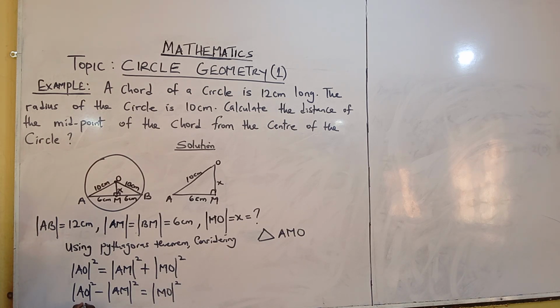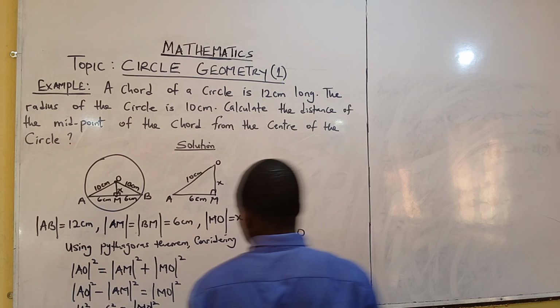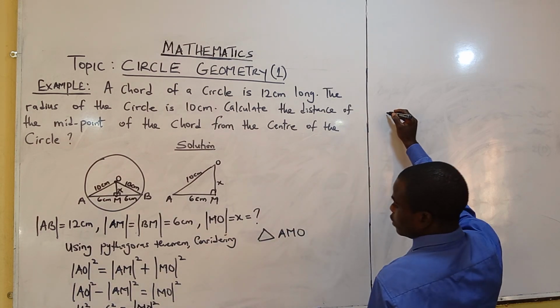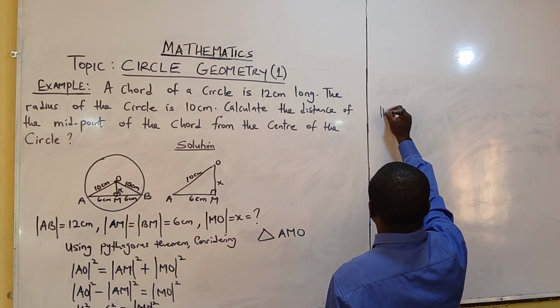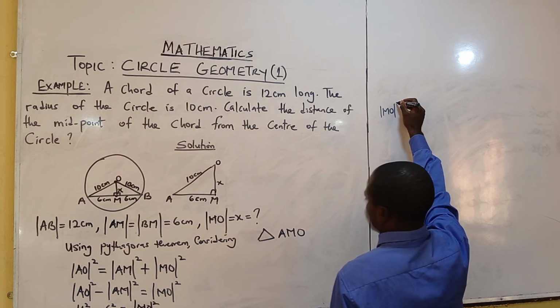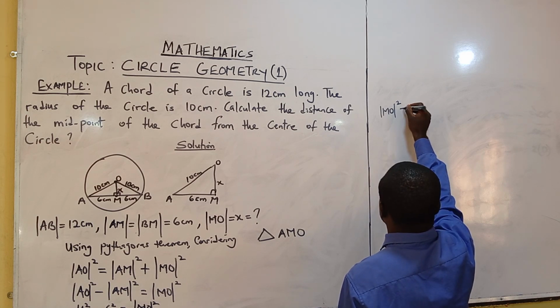That's 10 squared, minus AM, 6 squared, equals line MO squared. You have line MO squared equals